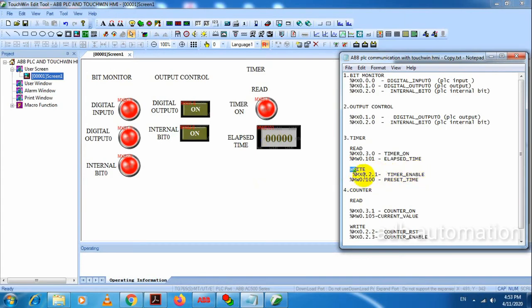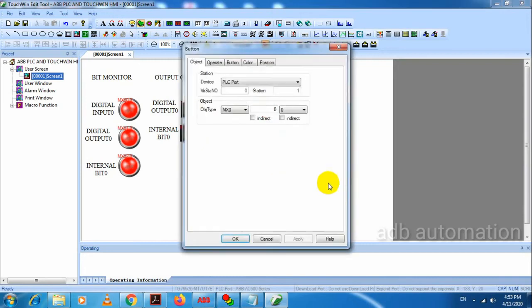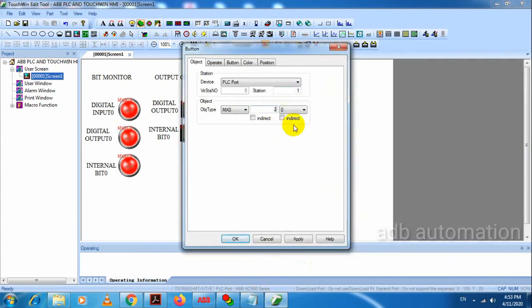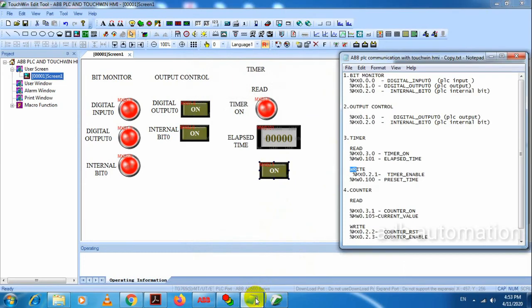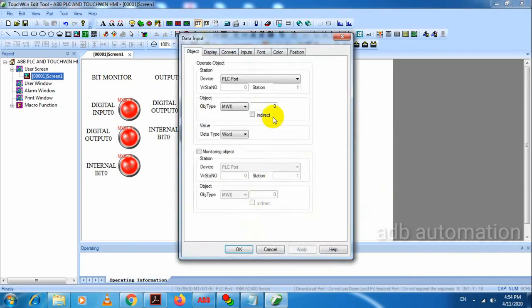For write we also have one bit and one word. To write the bit I will use one button. Okay, address is MX 0.2.1. And the word address is MW 0.100. Here I'll put digital input.